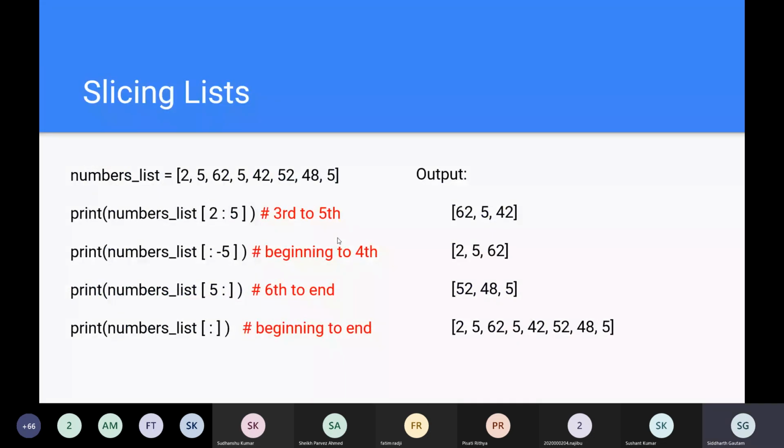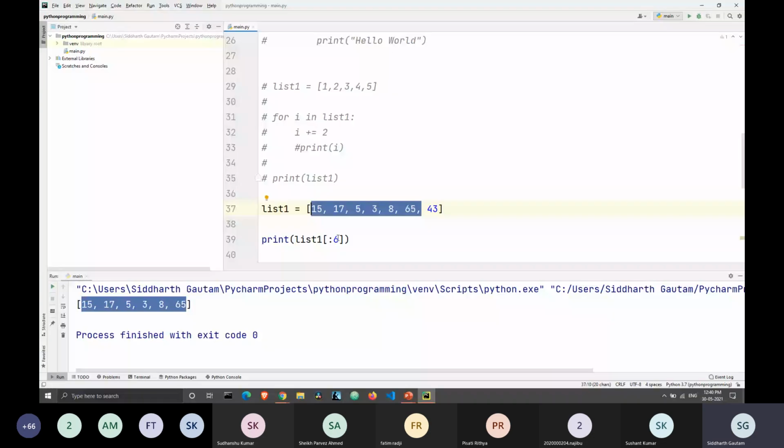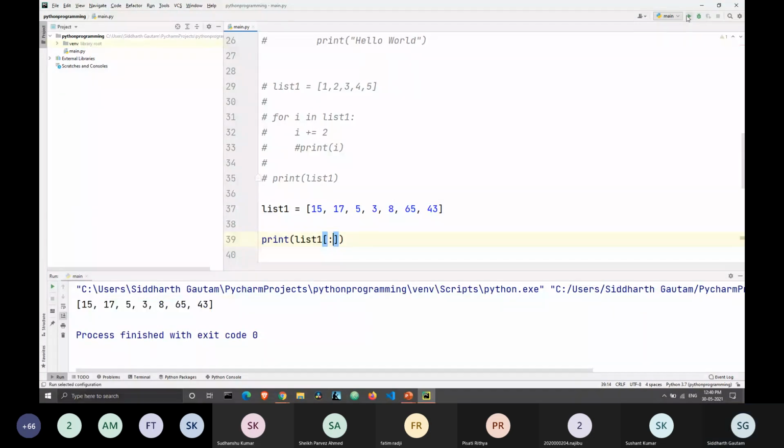Okay, do we have another example that's not here? All right, and let's take a look at what happens when we don't have a starting value or an ending value. In that case, our entire list gets printed. Okay, so after this class, play around with this. Use this colon inside the square brackets and change it to different numbers, and try to play around with it, and you will get a hang of how exactly it works.